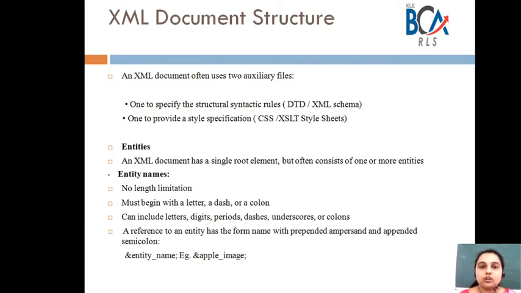An XML document consists of one or more entities that are logically related collections of information ranging in size from a single character to maybe a book chapter. One of these entities is called the document entity. It is physically in the file that represents the document.